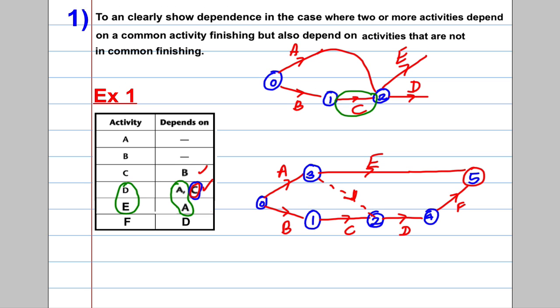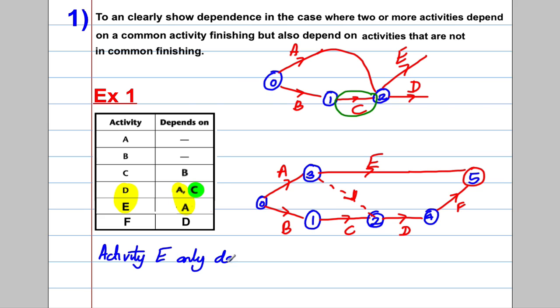And this is what you have to write in the exam. They will ask you why you needed a dummy to draw that picture. And basically, you see a dummy when two activities depend on an activity in common, but they also have an activity that they don't have in common. So what we would say is our reason here, we would say the reason we had to have a dummy is because activity E